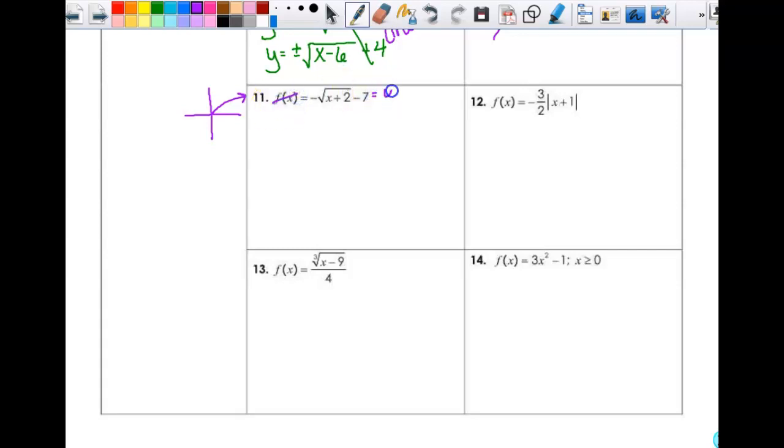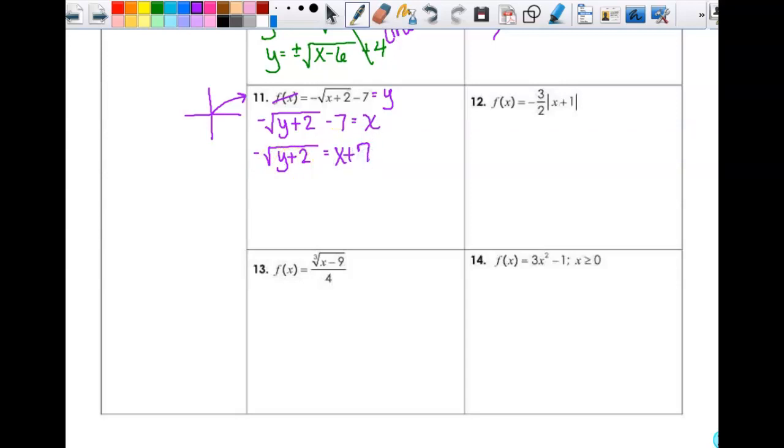I'm going to change this to y. So I'm going to get negative square root of y plus 2 minus 7 equals y. So then I'm going to add 7 to both sides. So I get negative square root of y plus 2 equals, oh wait, shoot. I don't have an x anywhere. Sorry about that. This should be x. Why do I have two y's here? Sorry about that. I only switched one of them. So if I'm going to switch that one, I've got to switch this one too. There we go. So this is going to be negative square root of y plus 2 equals x plus